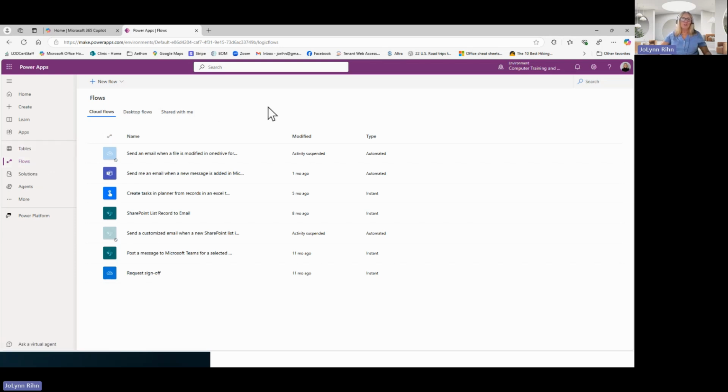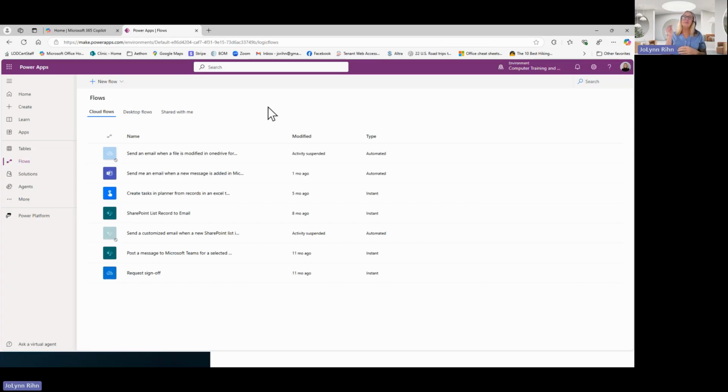So what I want to show you, and flows really is referring to workflows. That's an abbreviation for what we refer to as workflows. So when we talk about creating a workflow, that is going to be our automation. So if we think about every time something new is added to this list, I want to know about it, we could actually create a notification for that.